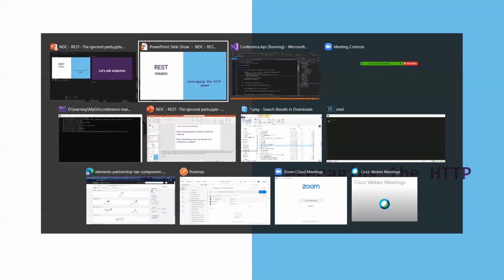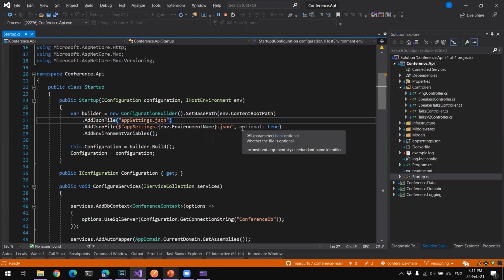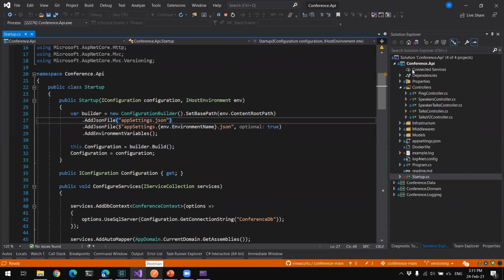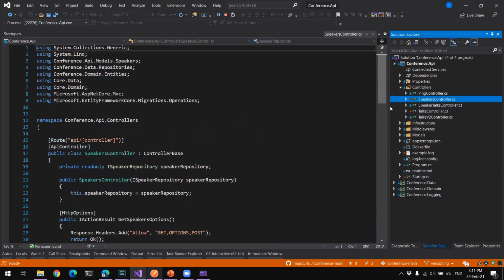So let's look at some code. In .NET, there are a lot of things that you can tweak when it comes to REST APIs that aren't enabled by default. For example, in here I have a conference API with two controllers, one that is about talks and one that is about speakers.